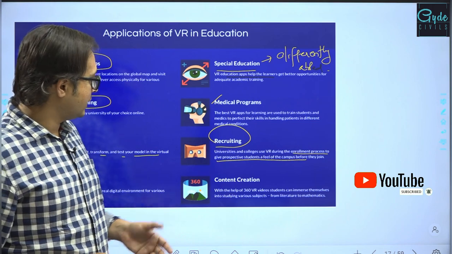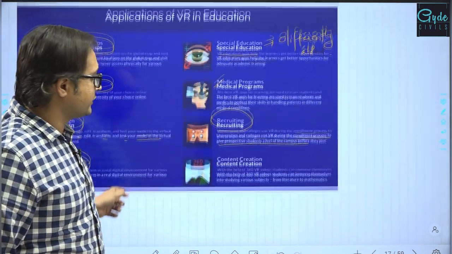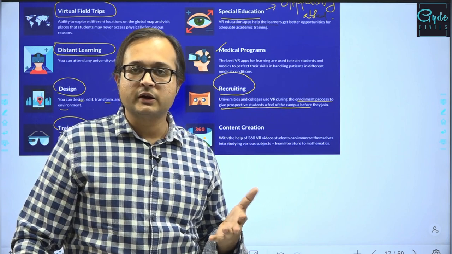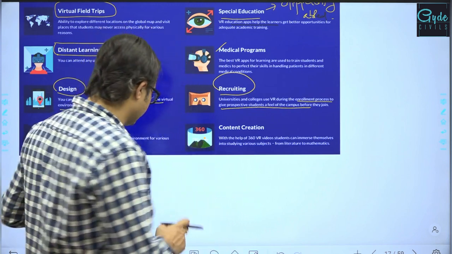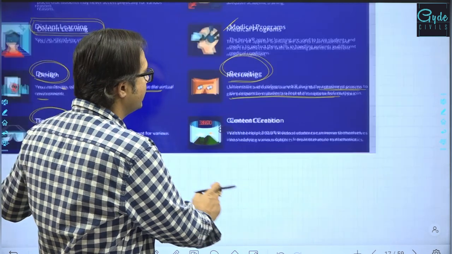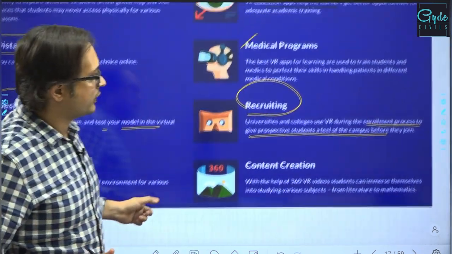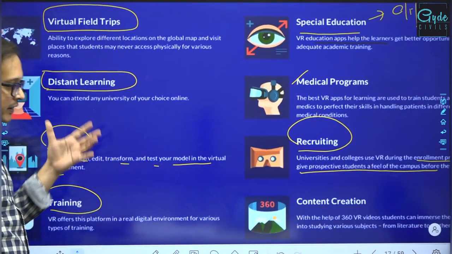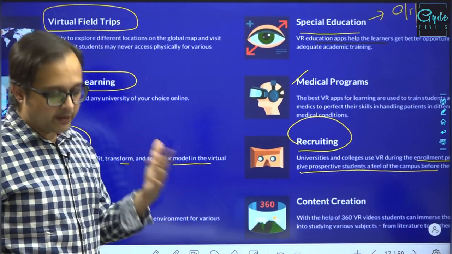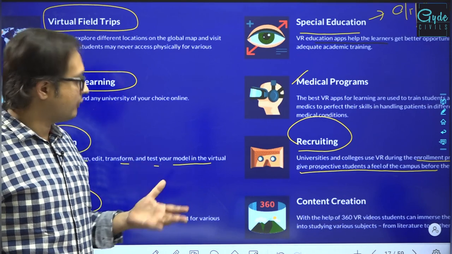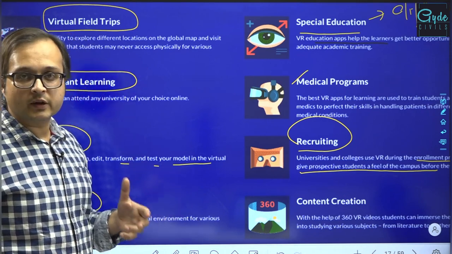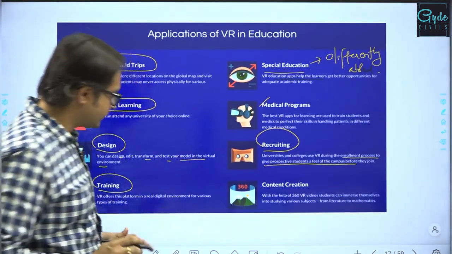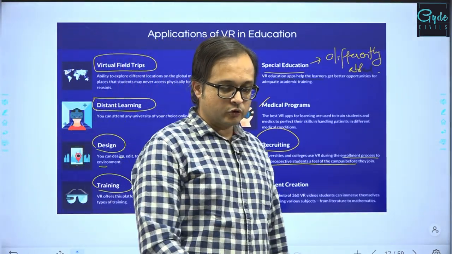So ultimately it will also help in content creation, right? Three-dimensional 360-degree virtual reality content can be created and can be utilized for various utilities, right? Can be generated. So that content creation can also be one aspect of it. So training, round trips, realistic understanding, recruitment, medical fields, skill development also, all of these can be certain advantages or the applications of virtual reality in education, and that's how virtual reality can be far more useful for us,